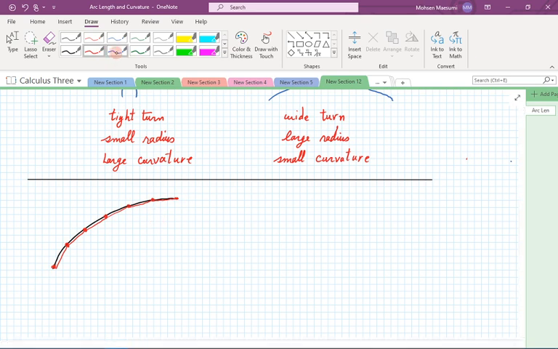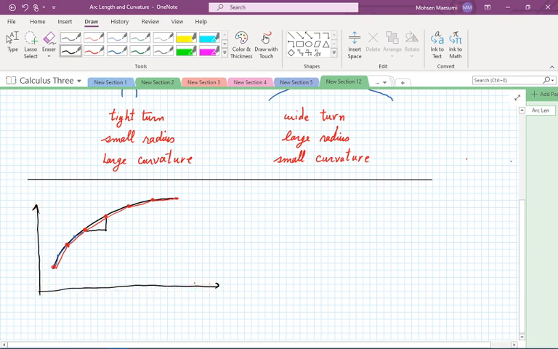What if I want a better approximation? Well, I increase my number of points and patiently I calculate all of these line segments and add them up. In the process of calculating the line segments, what do we do? The most common thing to do is to make a right triangle. So here we have our coordinate system. In that coordinate system, we come across any of these